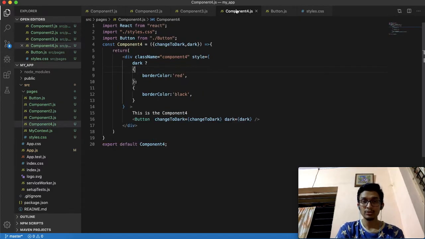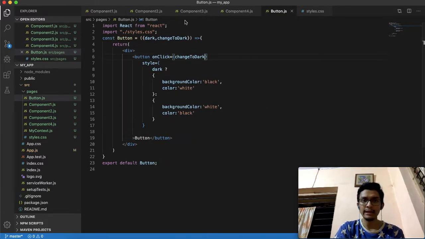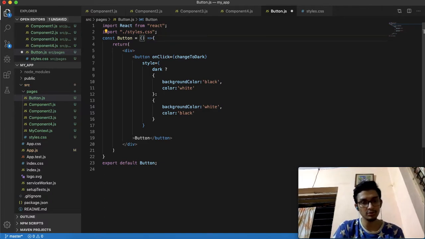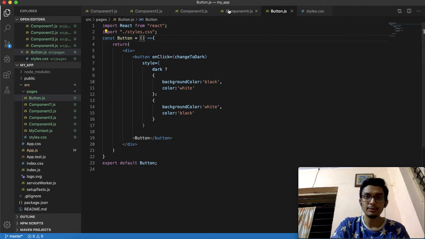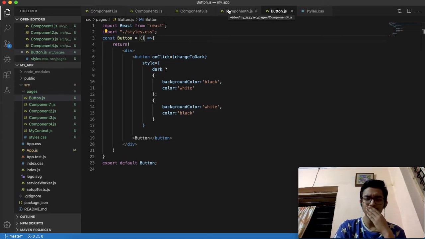I will require this over here, but I will not use props, because that is the point. And in button also it is used, but I won't use the props. So I have removed the props from everywhere.